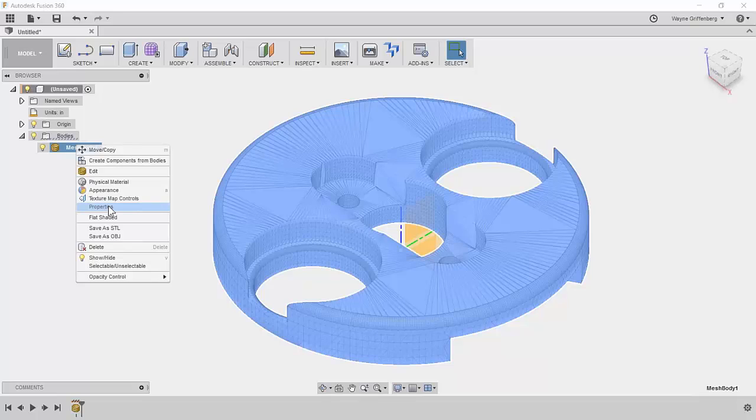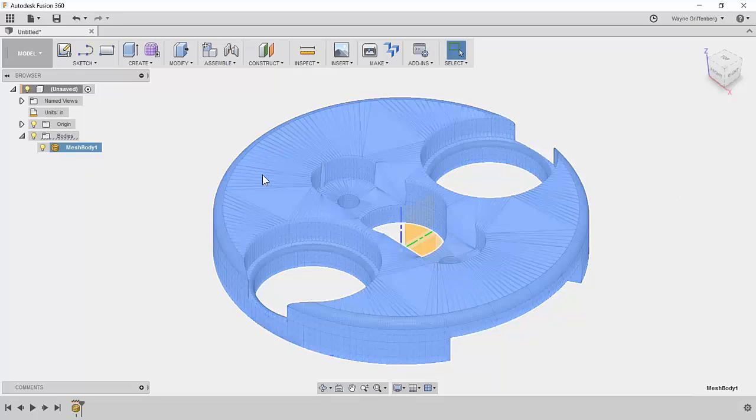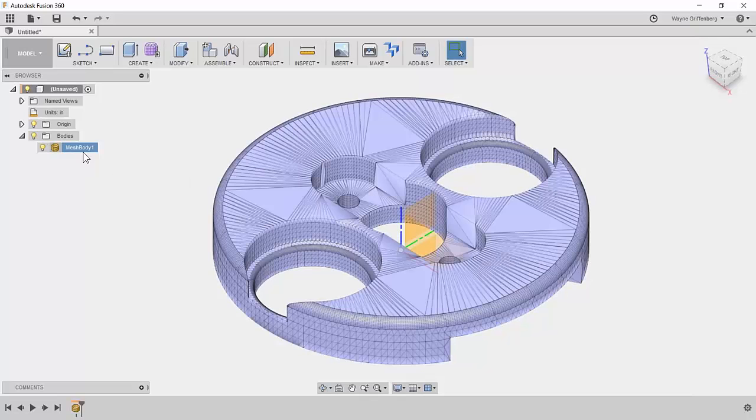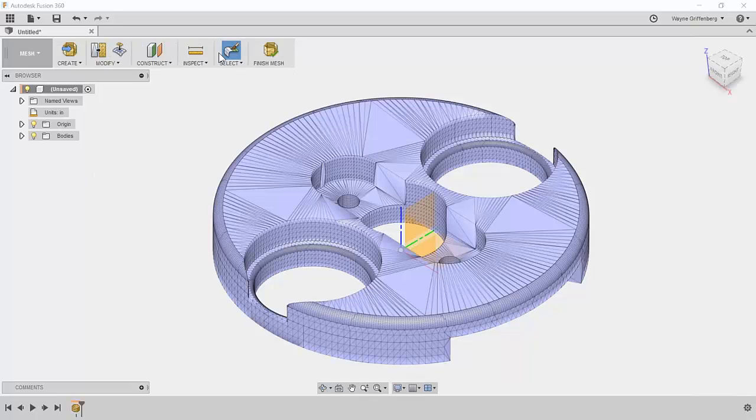I'm going to right-click, click on properties, and I can see how many facets we have, how many of those triangles make up this mesh body. So it's a pretty good number of facets, but I don't really see that being a problem with Fusion being able to handle that. But in some cases, later on, you're going to find that if you want to translate this later into a solid or you want to do some more manipulation with it, that may be a large number of facets to work with. So we might want to simplify this model a little bit. So I'm going to modify that model. I'm going to edit it to be able to remove those holes. So I'm going to right-click and edit, and it brings me into this mesh